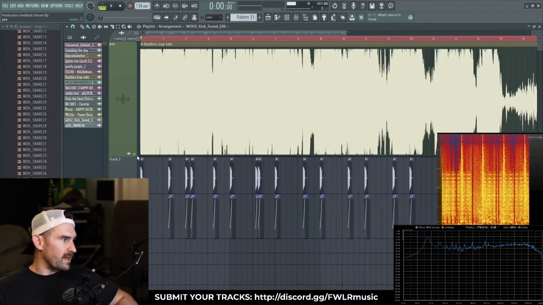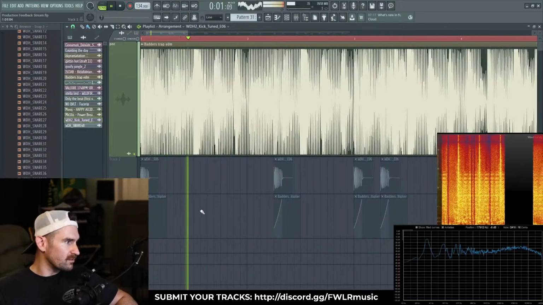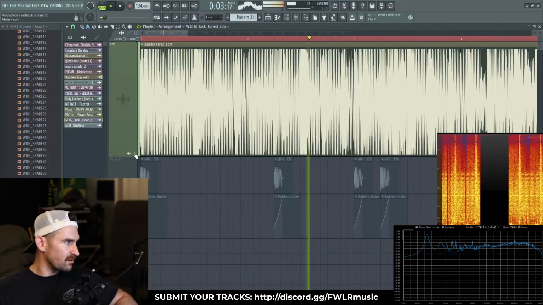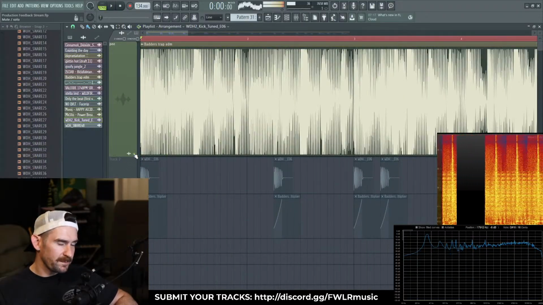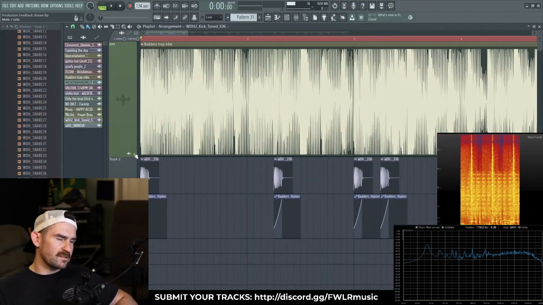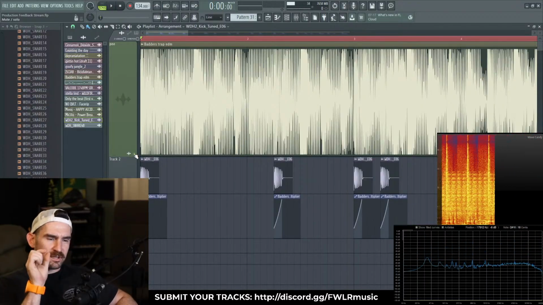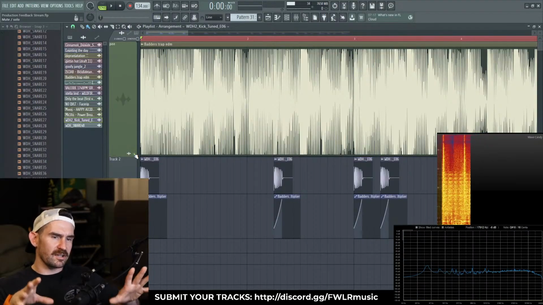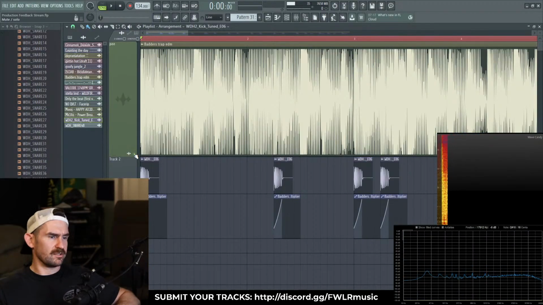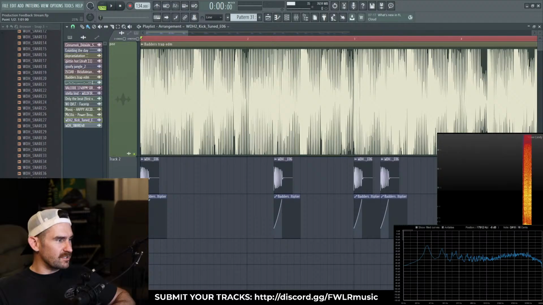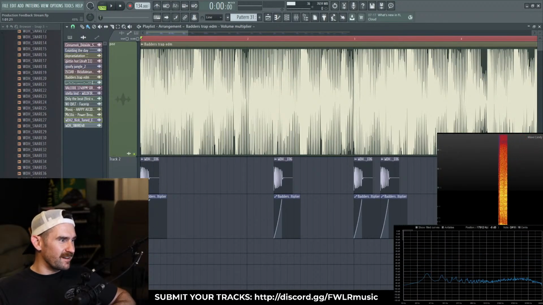So if we compare that against just your track, the track doesn't have much rhythmic clarity. It's kind of just like noise. But sidechaining the whole thing into the kick drum,